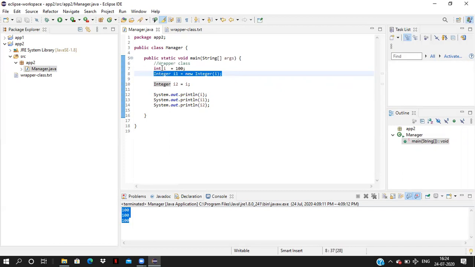I am just using the integer value variable and creating the wrapper class object. In the third line also, Integer i2 equal to i. I am just assigning the primitive data type value to the Integer wrapper class object. This is called converting primitive data type value to the wrapper class object.